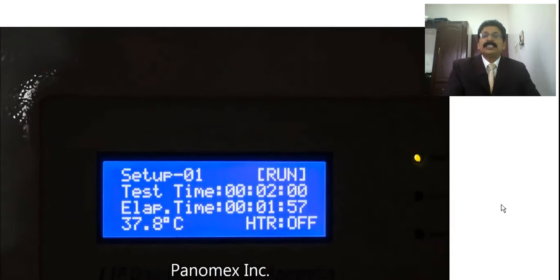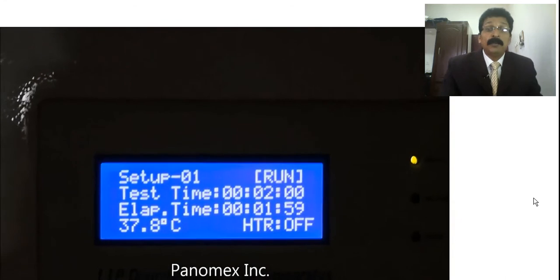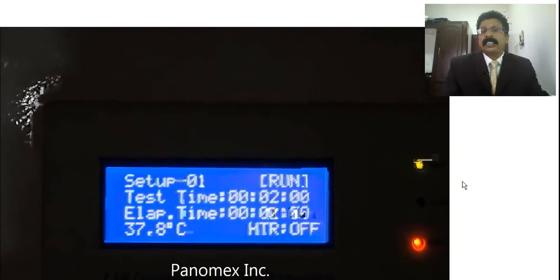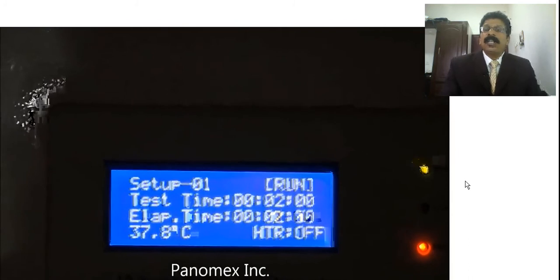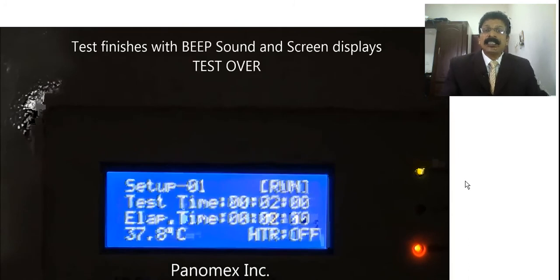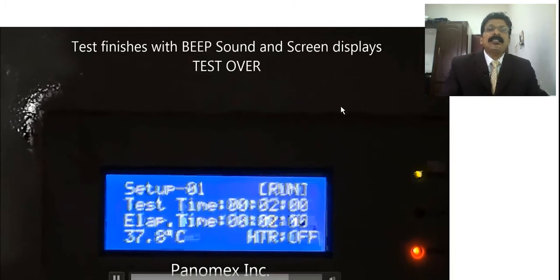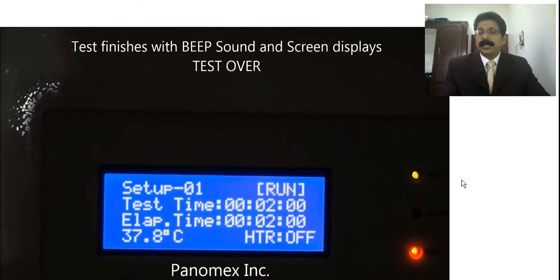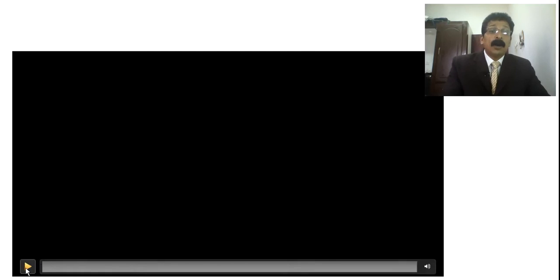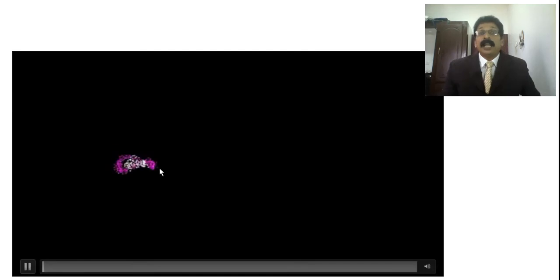So this is the Panamics type of equipment for distillation, for the disintegration technique. And this test is over, and you will get a print, and you can just go for the next experiment. And you see the next slide, this is one important instrument which is produced by Lab India, and